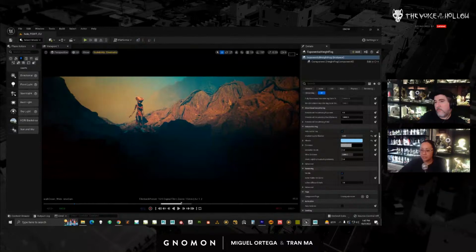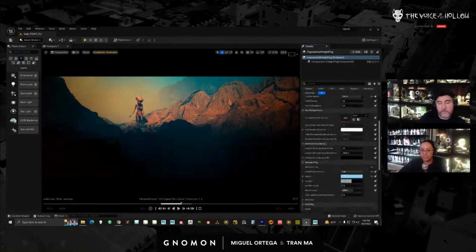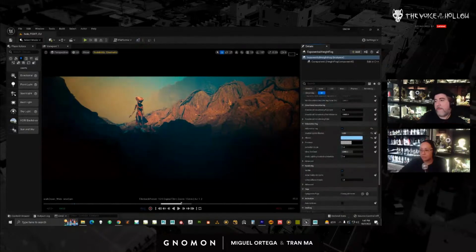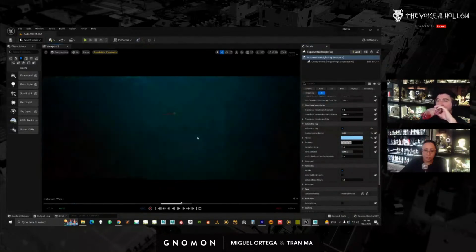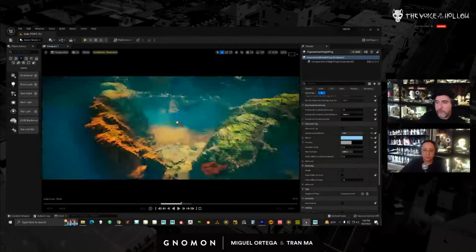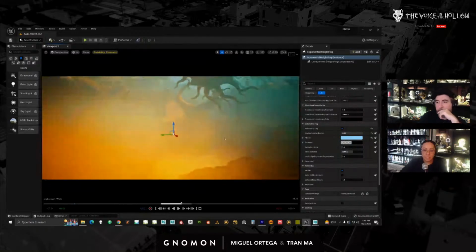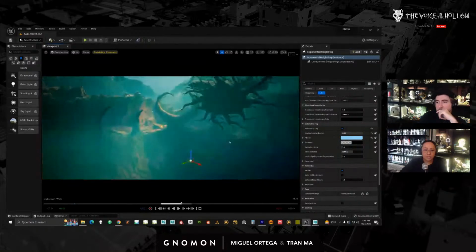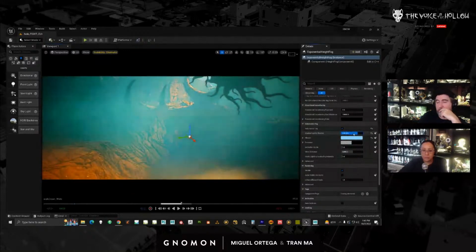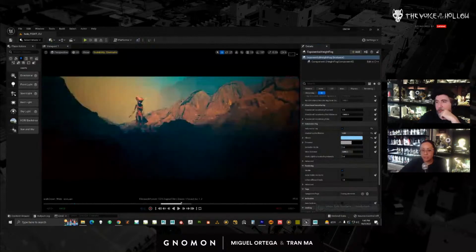It's actually the values of the fog are pretty high. So they're actually exceeding it. But my scattering distribution, let's just show you what that does. My scatter distribution is really, really high. So when it's really high, the fog will tend to concentrate around more light sources. When it's lower, it will spread out more evenly. I don't really like how that looks.